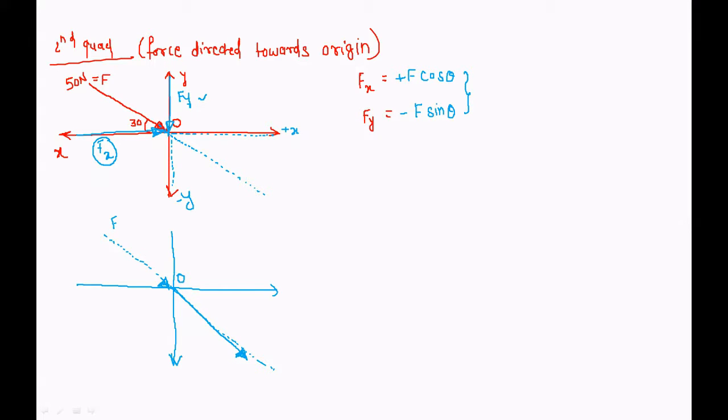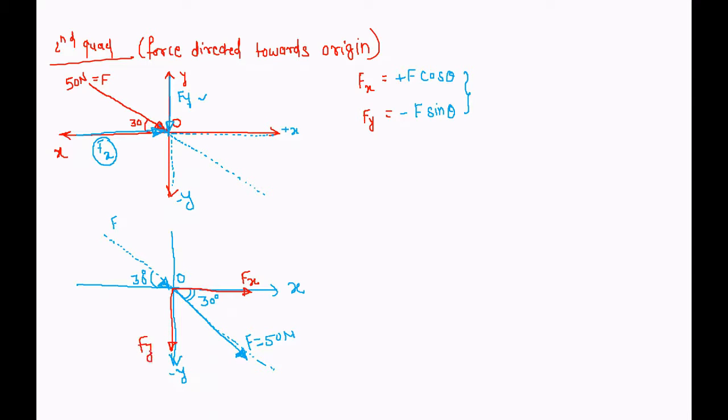Okay. Now this angle was given as 30 degree. So this is the opposite angle, so it will be 30 degree. This is your positive x direction and this is your negative y direction. Now if you resolve this force, that is F equal to 50 Newton, then we will get the same components Fx and Fy. So this will become your x component, Fx, and this will become your y component.